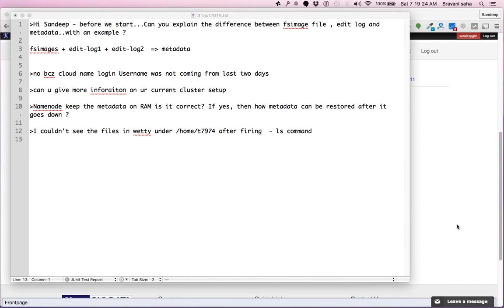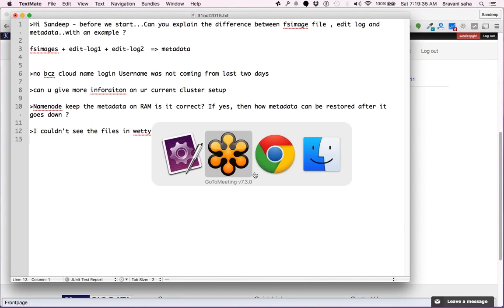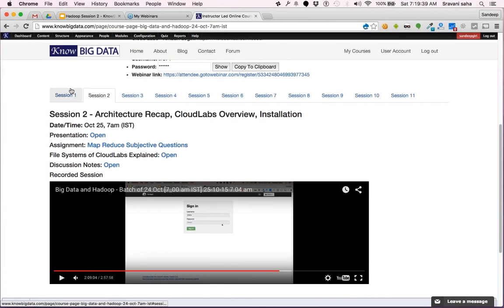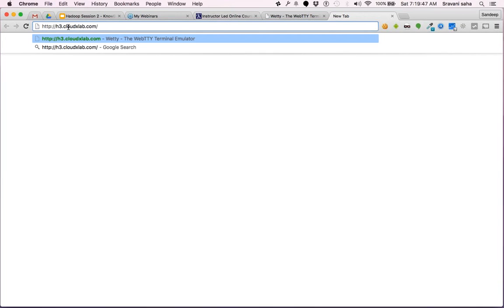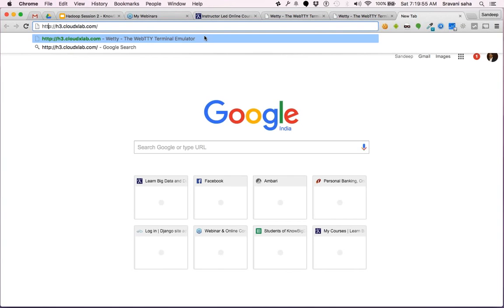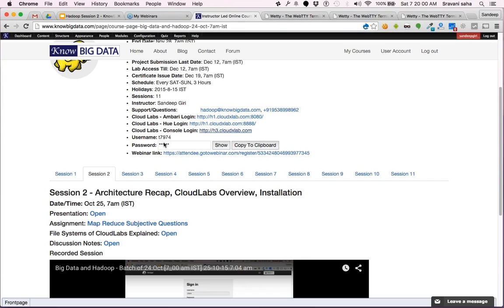So Anand's question is, I couldn't see the files in VATI under home. There are two different things we are talking about here, and this is a big confusion which people have. One is console login. Let's say we are logging into the console, or maybe let me just take it to S3. This is a big question everyone is having. So if you log into the console,